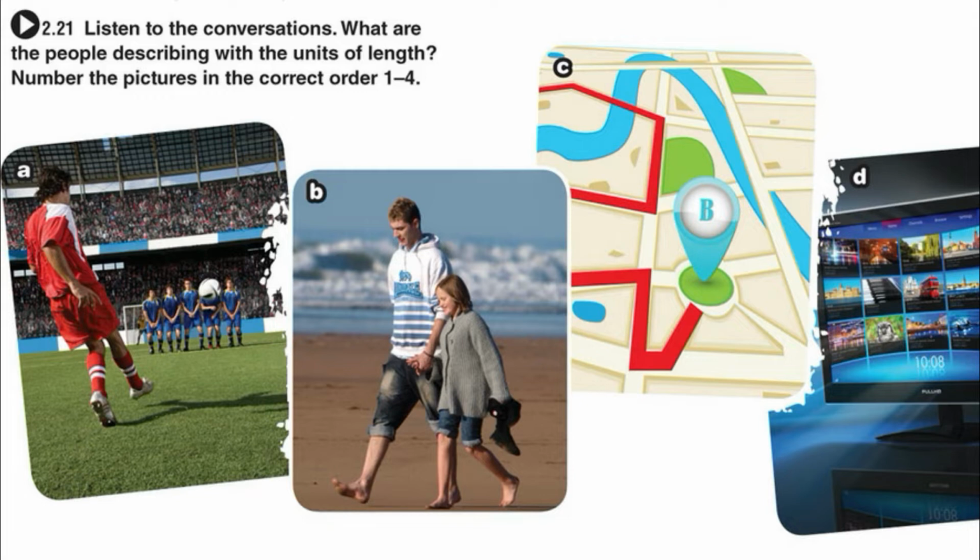2. Hello? Let me check. Yes, we've got both the 32-inch and the 40-inch one. The 32-inch costs £299 and the 40-inch is £399. OK, you'd like the 40-inch one. Would you like us to deliver it, or will you...